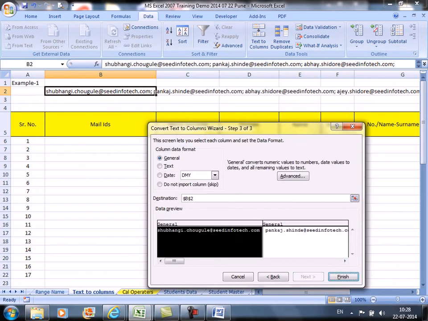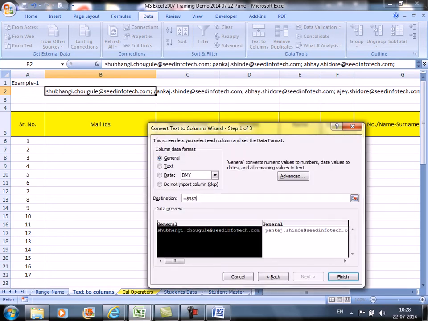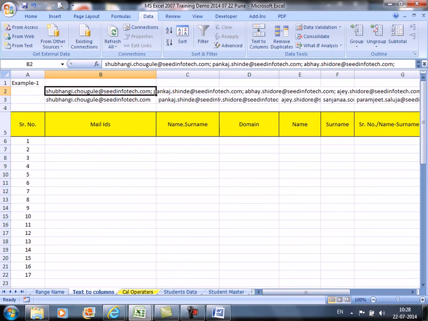Click on next. Where you want to copy it, where you want to create that separation, address it here. I want to have it from this cell onwards, so the cell address, that is B3, go back, click on finish.